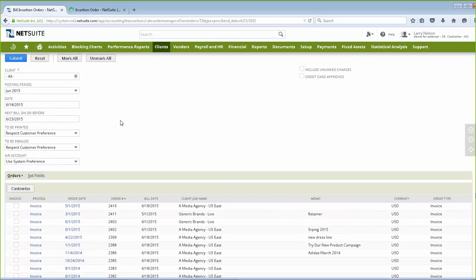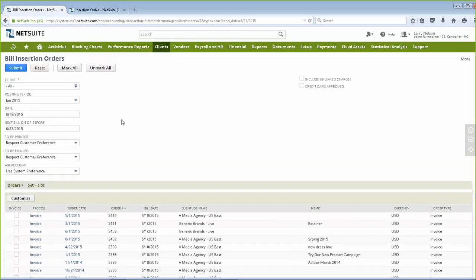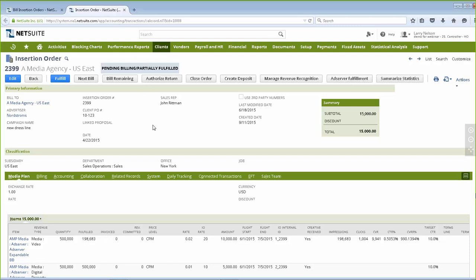And again, I can come through and either determine, because these have all been routed and approved and follow all the procedures in the NetSuite system, I can either come through and hit mark all and submit, really getting you through your invoicing quite quickly. As well as I could go to any of my invoices at any time and just determine that I'm ready to actually bill these on the fly.